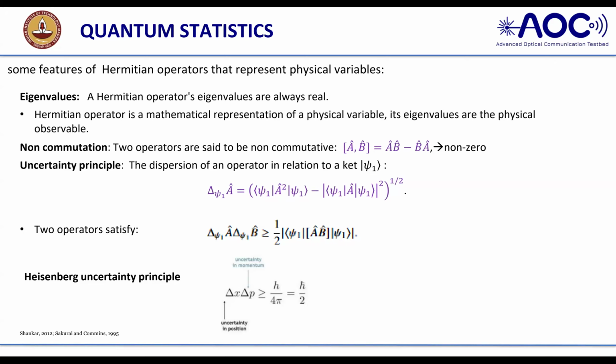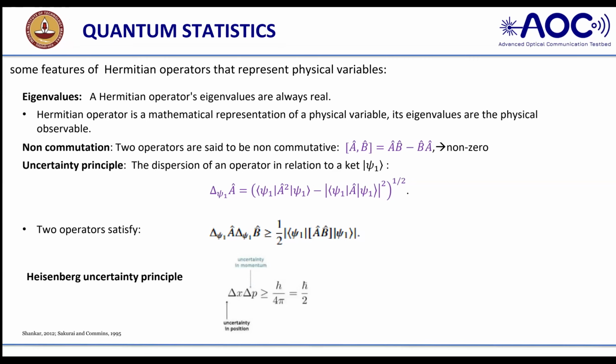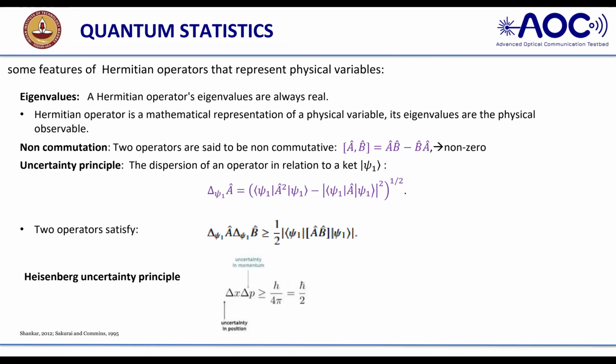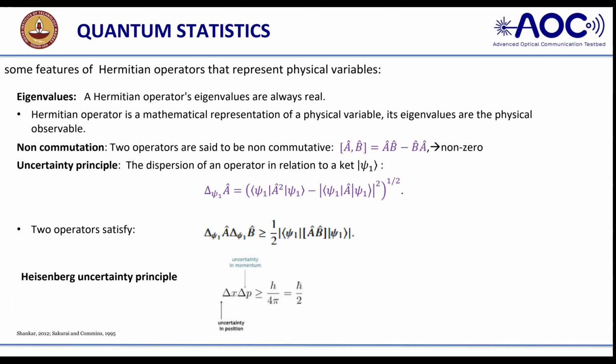And this leads to our uncertainty principle, that to identify position and momentum the uncertainty must be greater than h divided by 4 pi, like h bar by 2. So the commutation relation is very important. If it is not equal to 0, you can't write the commutator of A, B equal to B, A operator, or A hat. So the ordering you write is very important in quantum mechanics, quantum optics, or when you are doing quantum analysis.